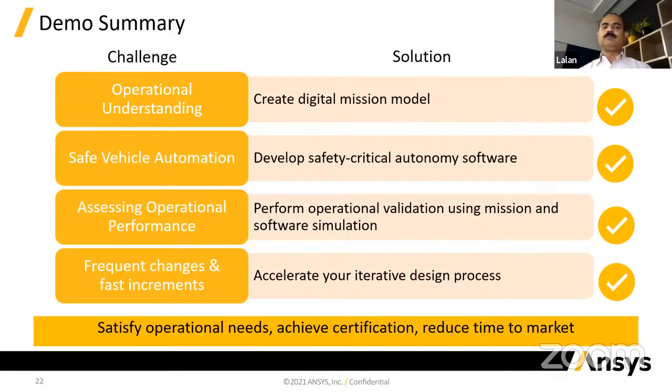And then if anyone has the environment model and the software model, then you can easily perform operation validation. Because you may have a product which is working very well in its own way, but when it goes into the real environment, whether it is able to operate, especially since we are looking at urban air mobility, which is a low height flight. So it's very important that we have